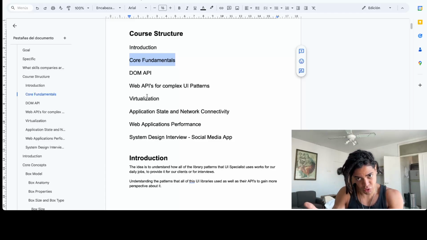When it comes to understanding the box model and the box anatomy, it is made of the content, padding, border, and margin. And then anytime you want to look at the properties of these boxes, you have them per size and per type, for example block types and inline types. Each one of them has a set of rules of how this element is going to behave,